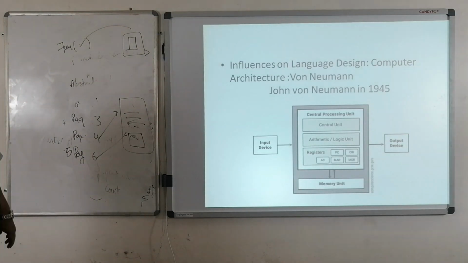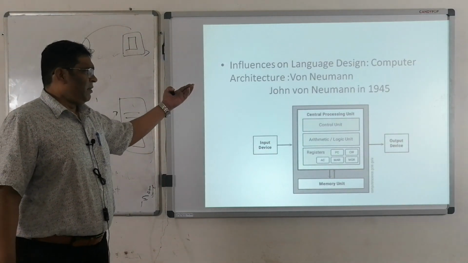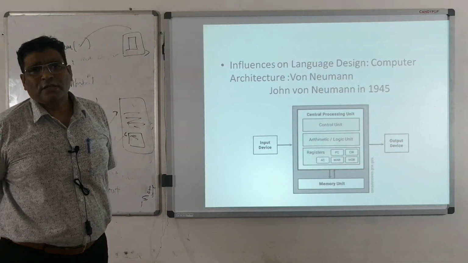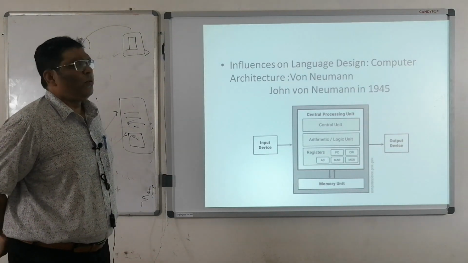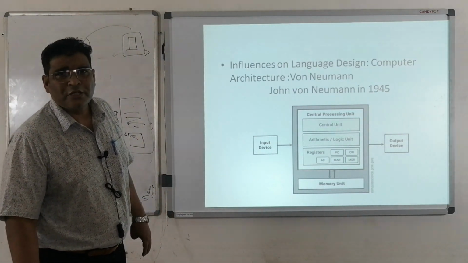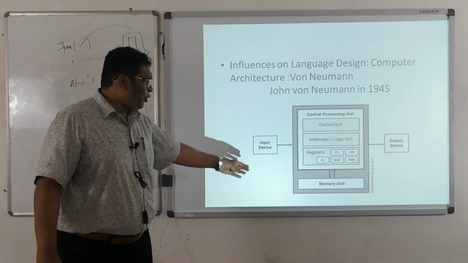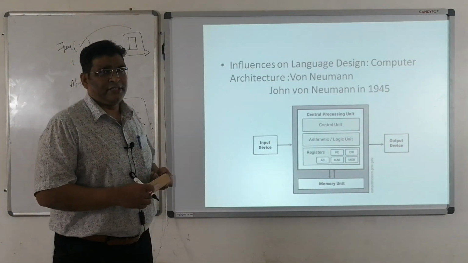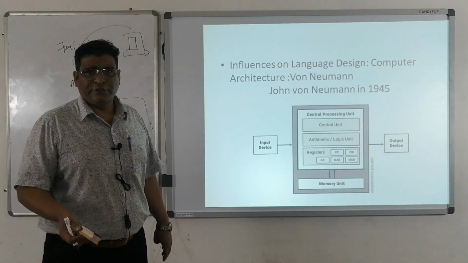What is computer architecture? Computer design was developed long back in 1945 by von Neumann. Who was von Neumann? He was the person who developed the architecture of the first computer, or developed the first computer. It's normal. You have already read it in your first or second semester. What is there? Input, there is an output, and there is some process we are going to see. You know what do you mean by input? There is a keyboard, a mouse, a joystick and everything. What are the outputs? There is a printer, a monitor and something else. For input, you can also have a scanner. These are the points.